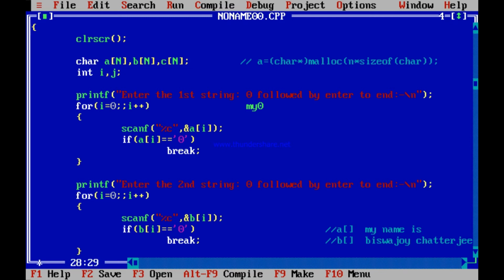I repeat my words. What happened? You entered my. M was scanned, y was scanned, 0 was scanned. Then you pressed the enter. Enter was not scanned because if A[i] is equal to 0, you have broken out. So you did not scan that within A[i]. It could not go back and return to this scan, because once it found the 0, you broke out. But the enter that you entered was part of the input buffer, and it was kept.